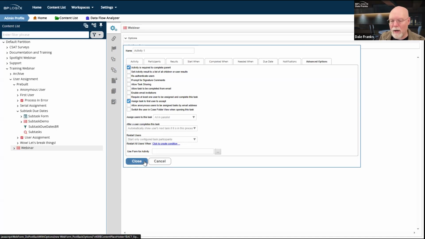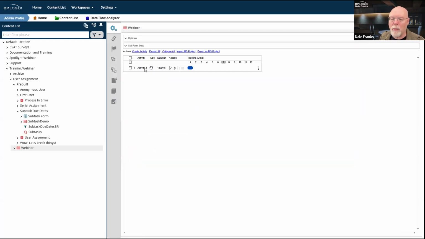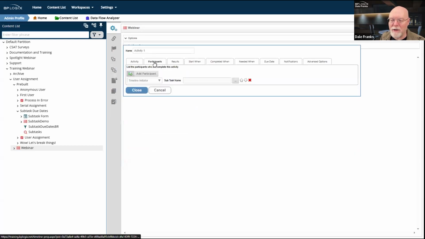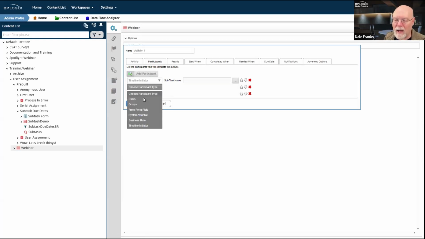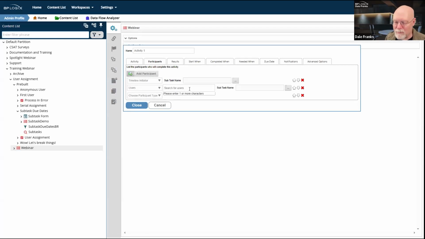Let me show you what I mean. So this is assigned all in parallel, but we've checked the assign task first user to accept. Now, what we're going to do, I probably shouldn't have closed that. I should have gone back to the participants tab. So we are just going to add a couple of participants. So we're going to add, in my case, Barb and Diana.